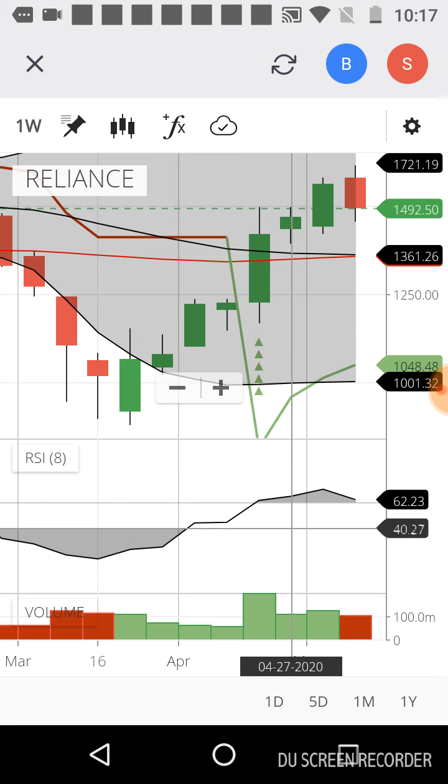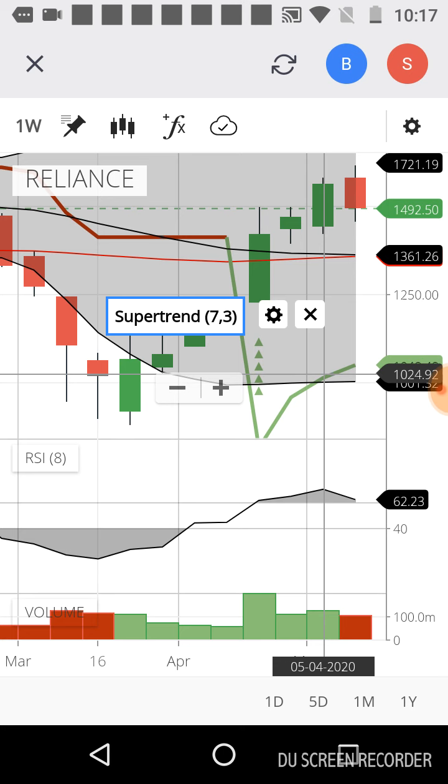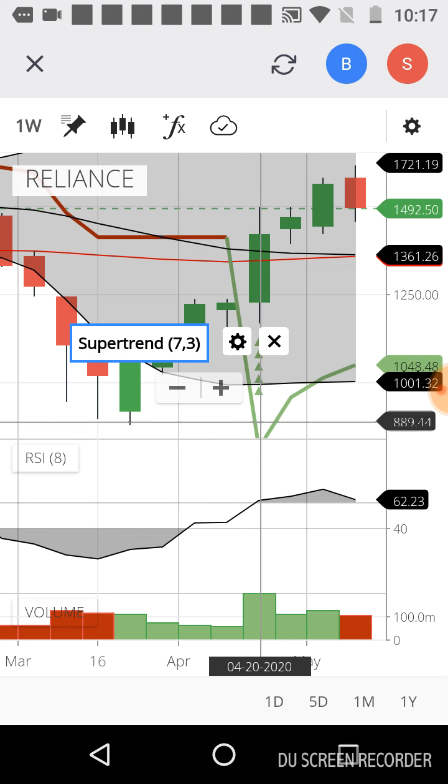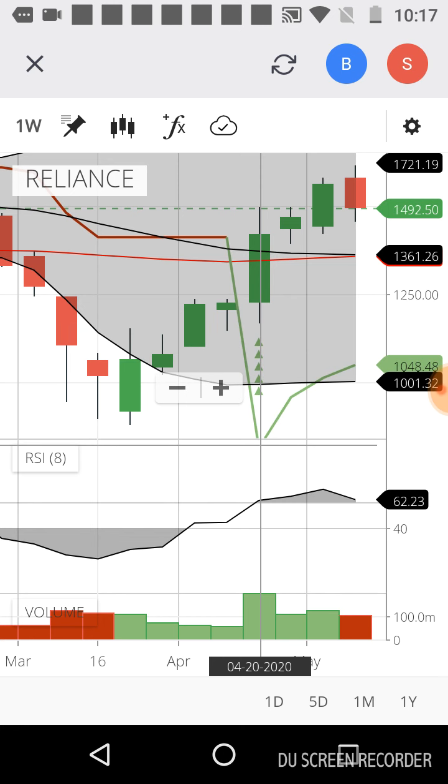Similarly, you have the 50-day moving average and the chart, and the 200-day moving average. If any stock is above the 200-day moving average and it is crossing the 50-day moving average and 200-day moving average, and the stock price is going up, then you can buy that stock. And whenever the 50-day moving average and 200-day moving average curve is going down, then you can decide to sell a particular stock. So these are some of the parameters you can use.